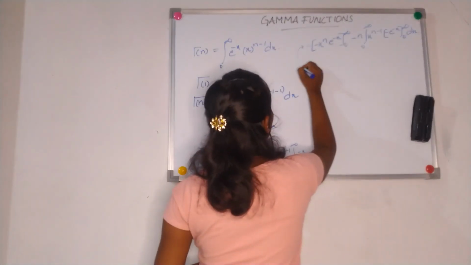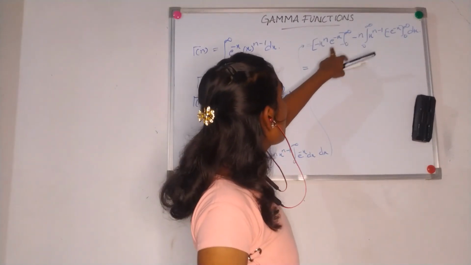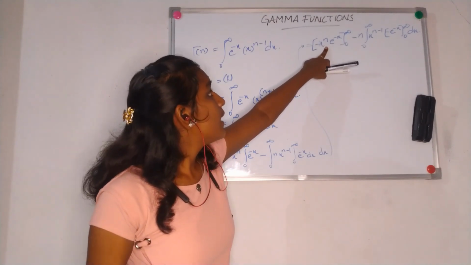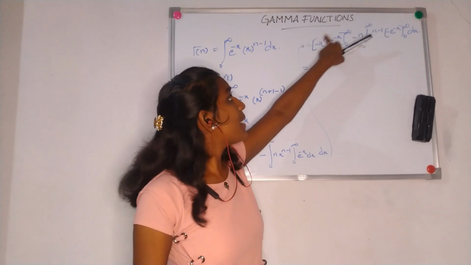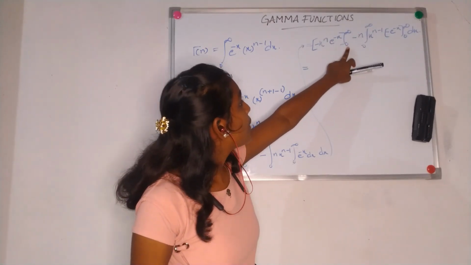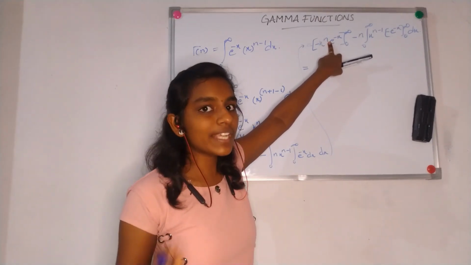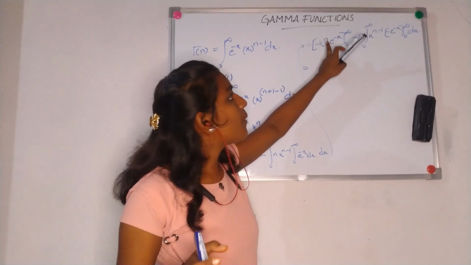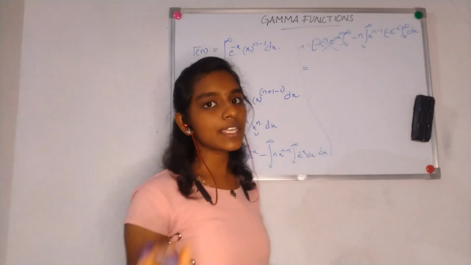Yes, so from this what I would get, if I substitute infinity and 0 over here, x power infinity into e power minus infinity is 0. So my upper limit value will become 0 minus the lower limit value x power 0 power n, right? Instead of x we have to put 0. So 0 power n is 0, so my lower limit value also will become 0. So this complete value will become 0, right?